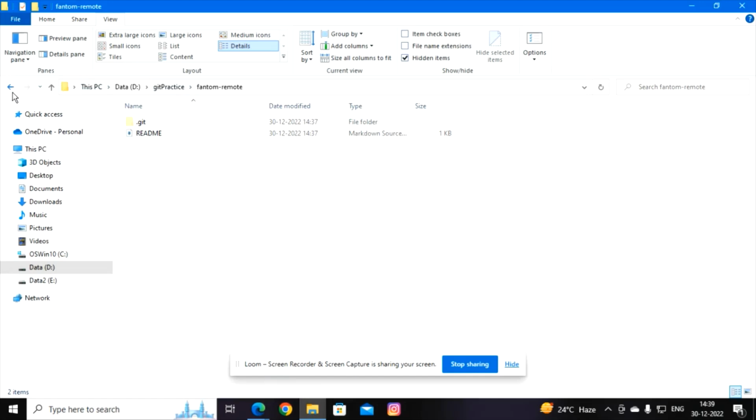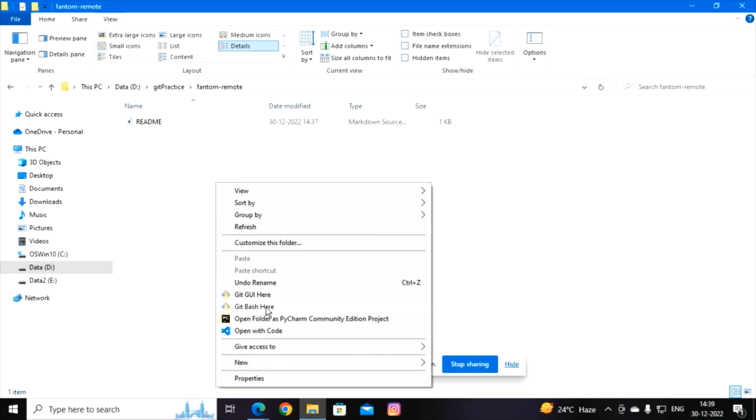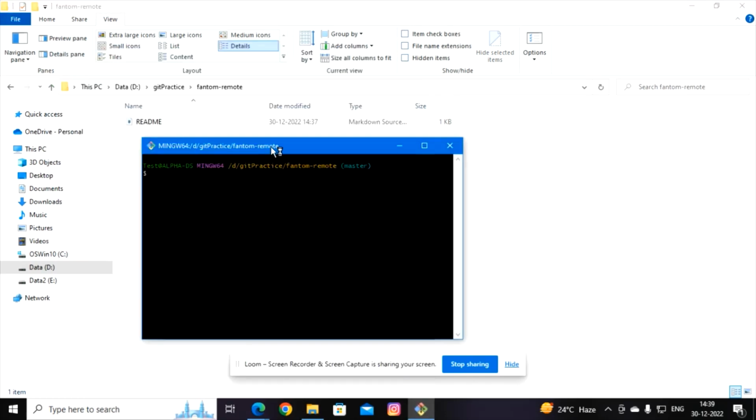Now I have this local folder here right now. What I want to do is connect this local part with my remote once again. But I have my repository deleted. What will I do now? Let's see. I will go into this folder. It's not necessary to view it right now. Let's click on git bash here. What I will do now is